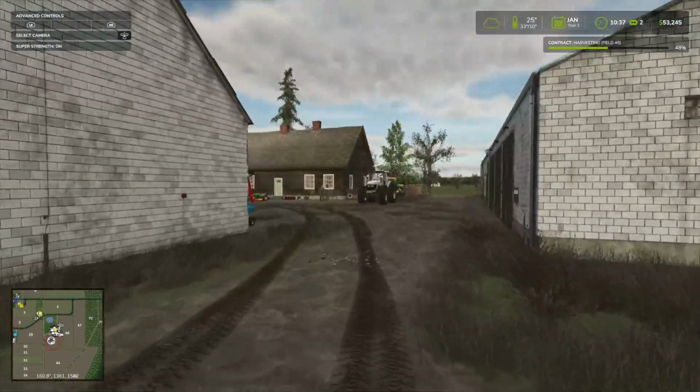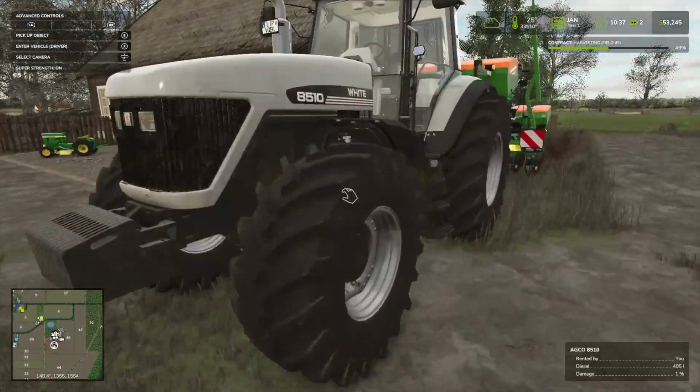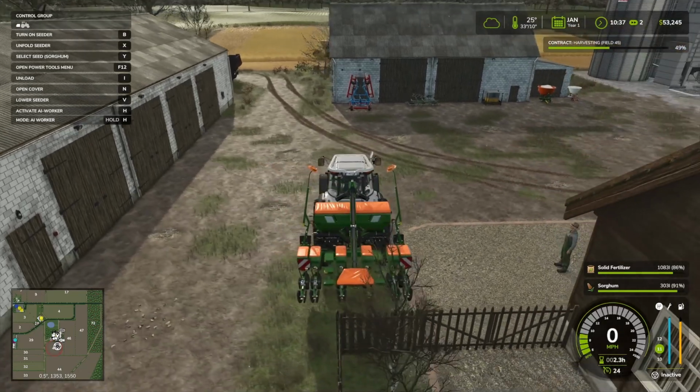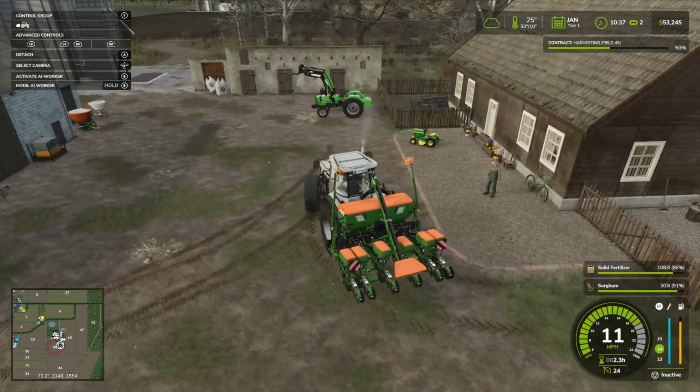Anyways, let's get back to working in our field. Why is super strength always on by default on this map? Or this save? Maybe I left it on, I don't know. Anyhow,